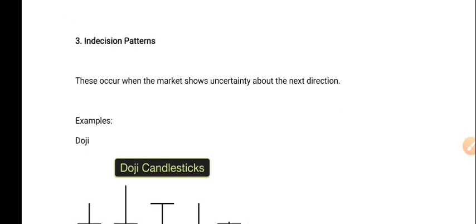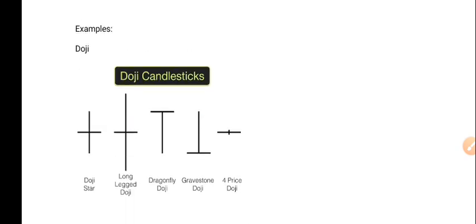So we have the indecision pattern. This occurs when the market shows uncertainty about the next direction. So when you see this, you know that the market doesn't actually know where it's going. The first one is the doji. Look at the doji, the plus, this long-legged doji, this dragonfly doji, gravestone doji, this four-price doji. Basically what it means is that the market doesn't know what it's doing. So if you look at it in combination with those ones that I showed you before,